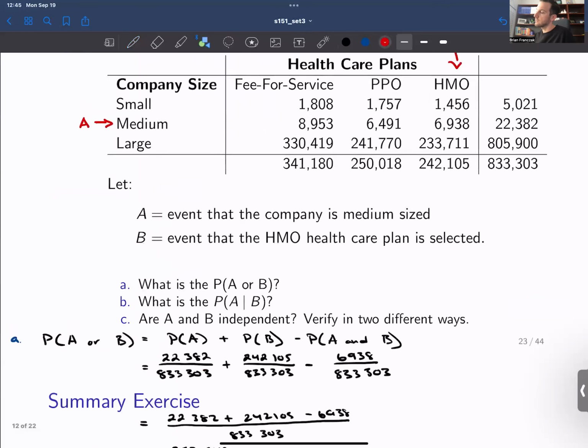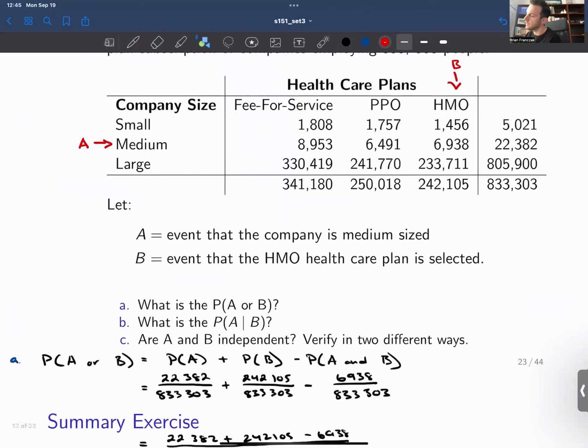And if we look back at the contingency table, you can see what's happening here is that by conditioning on B, what we have done is restricted ourselves to this column. Okay, so everything in here is given B. And then we are simply saying, what is the probability of observing a medium-sized company given I have to belong to an HMO company? So if we were to visualize the sample space as only being the column for the HMO outcome,